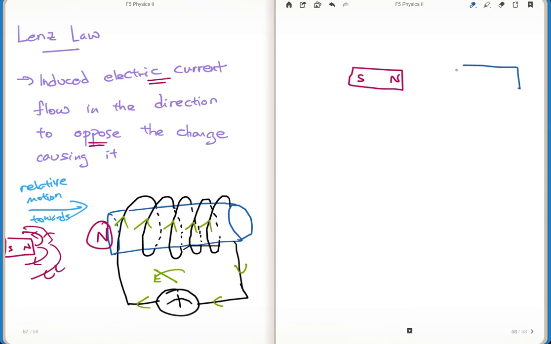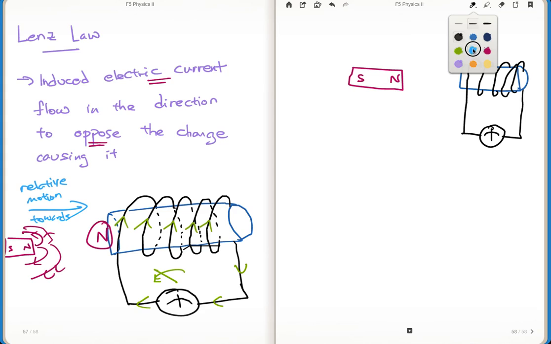You have a cylinder rod, the same rod, the same configuration. 1, 2, 3, 4, 5. Okay. So now, when you are moving away,